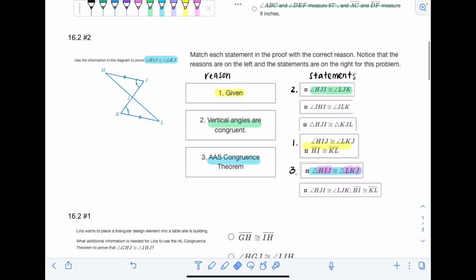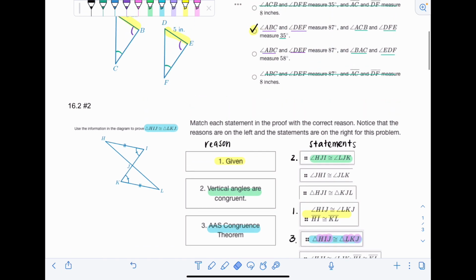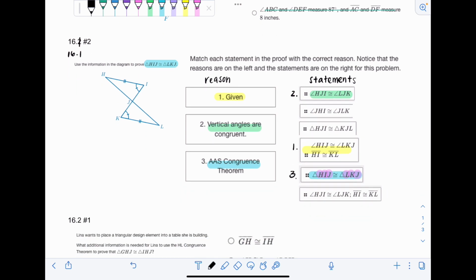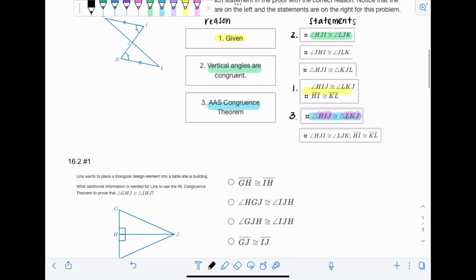Okay, moving down to, oh, I realized it kind of late. This is 16.1, number 2. But you probably realized that. Or maybe you didn't even notice it. Either way, it's 16.1, number 2. Okay, so 16.2,